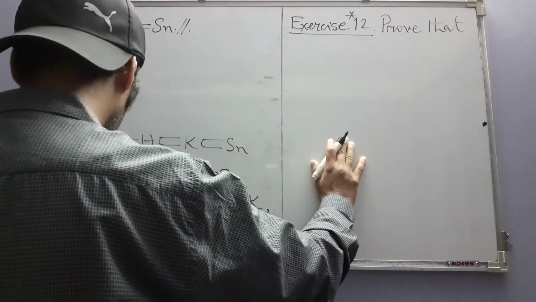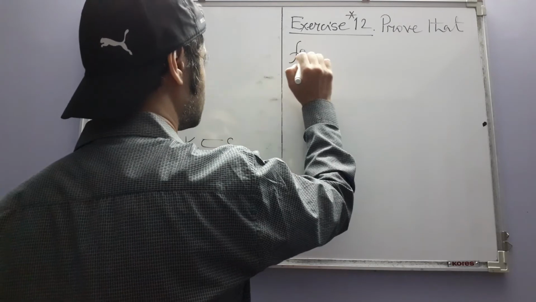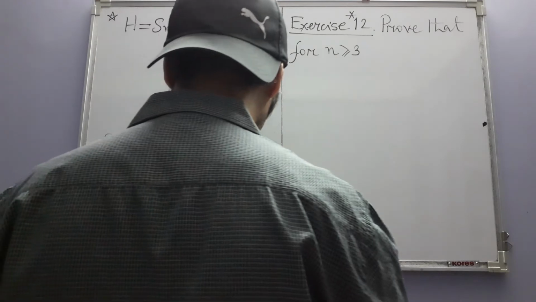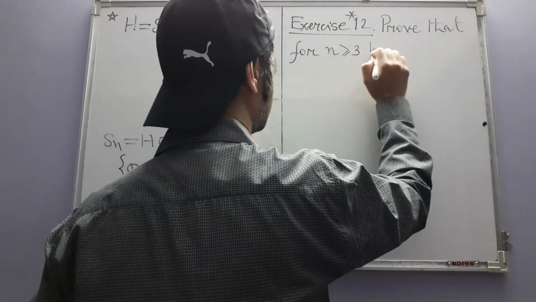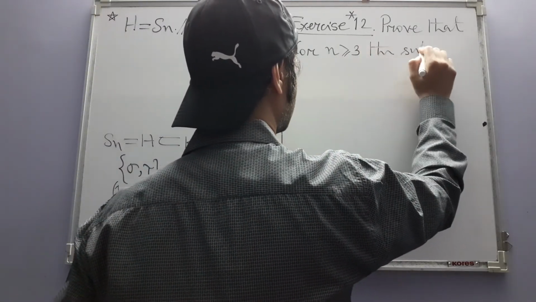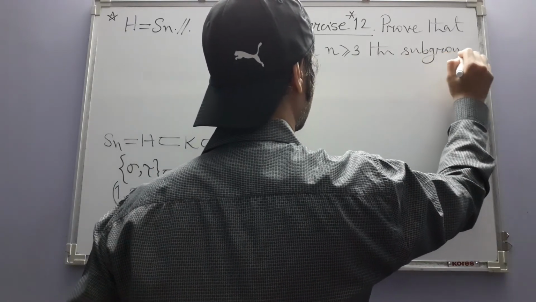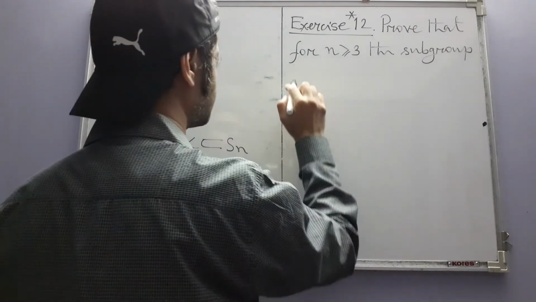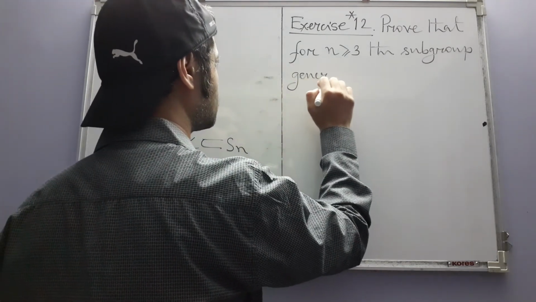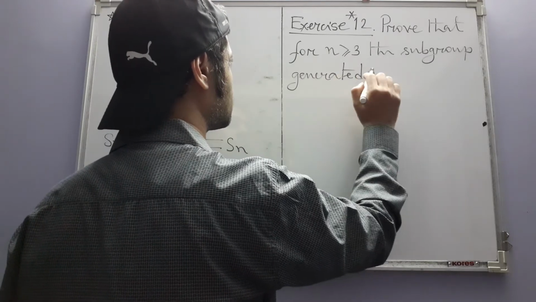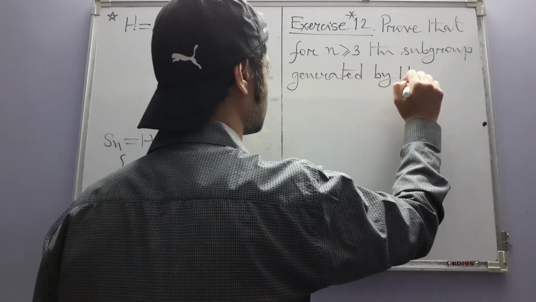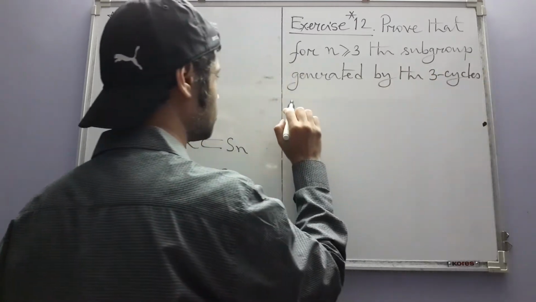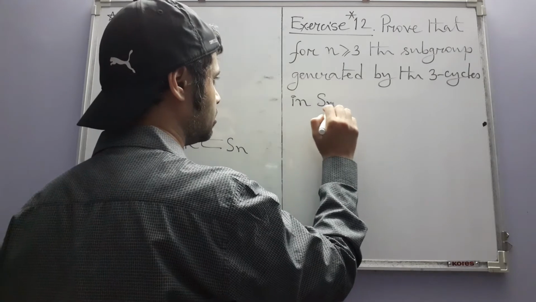Prove that for n at least 3, the subgroup generated by the 3-cycles in Sn is